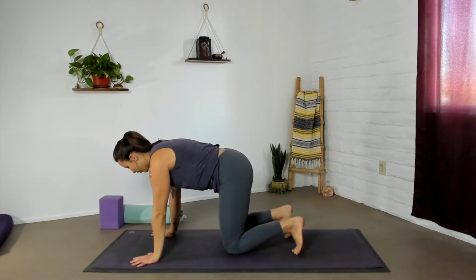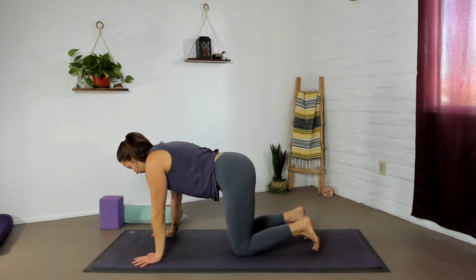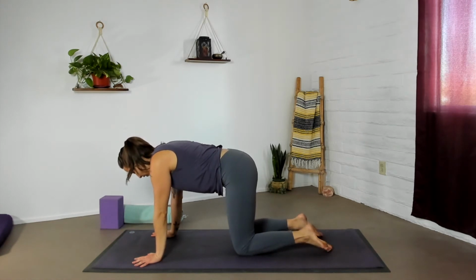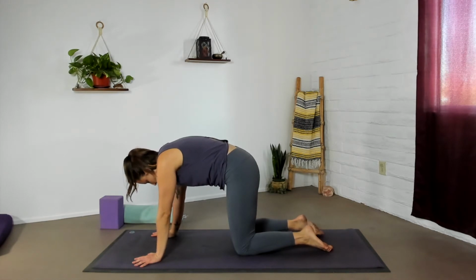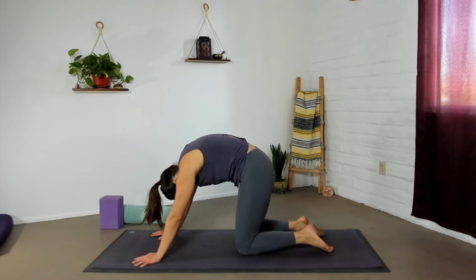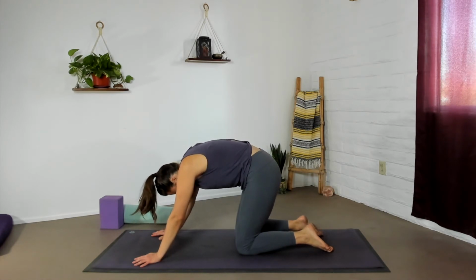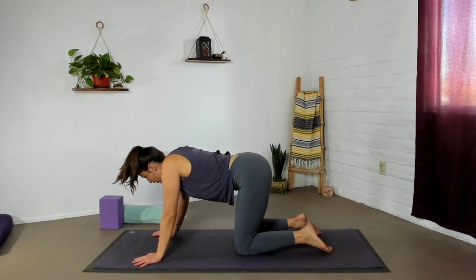Place your wrists under your shoulders, your knees under your hips. And begin at the base of your spine, rounding your spine all the way up, vertebrae by vertebrae. Bring chin toward your chest, tailbone through your legs. And on your inhale, reverse the movement, starting from the base of your spine, moving up vertebrae by vertebrae, lifting